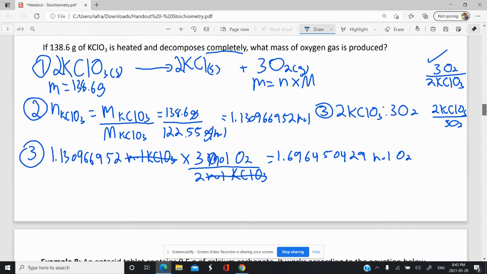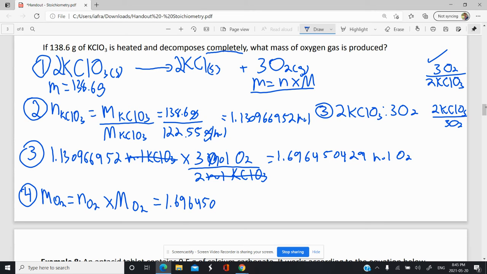So we found the number of moles. Now all we have to do is find the mass by essentially plugging it into the equation over here. So we do step 4. The mass of the oxygen produced is equal to the moles of the oxygen produced, which we calculated, times the molar mass of oxygen, which is going to be equal to 1.696450429 moles times the molar mass of oxygen. That's 16 times 2 because it's oxygen O2, the gas. So 32.00 grams per mole. Moles cancel out there. We have grams left over. So times 32, and we get